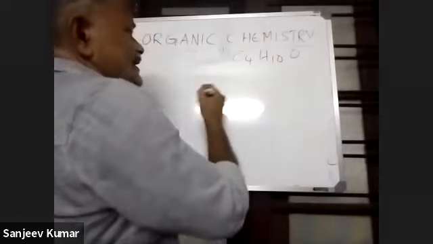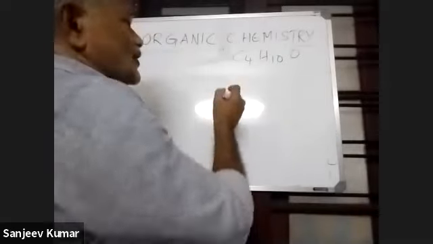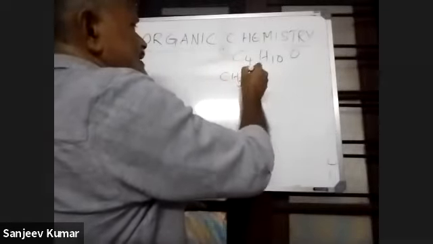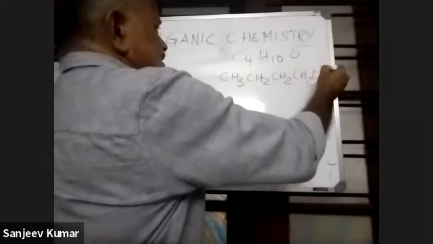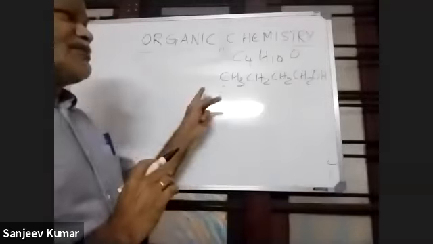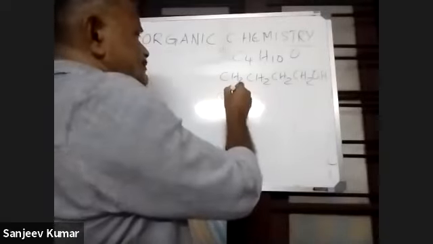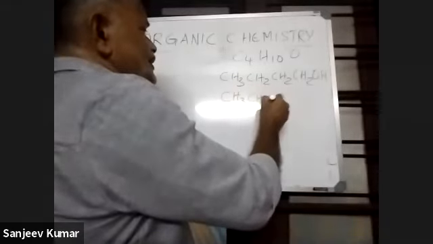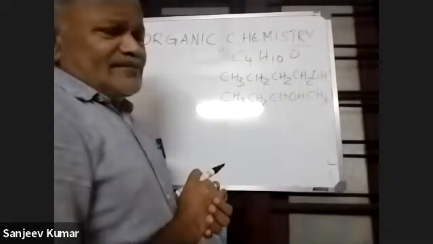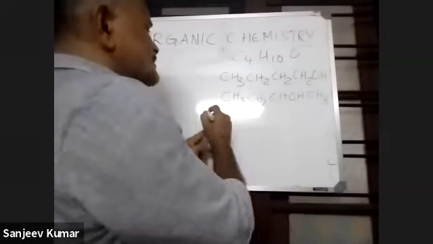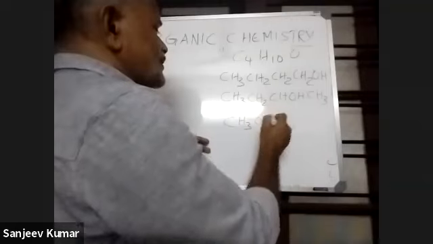There are 7 compounds with the same molecular formula C4H10O. One is CH3CH2CH2CH2OH. This is butan-1-ol. And if the OH group is on the second carbon atom, CH3CH2CHOHCH3, this is butan-2-ol. And if 3 carbon atoms are on a straight chain, CH3, CH2, CH3,